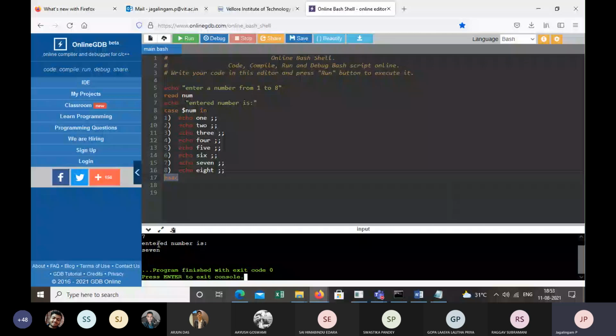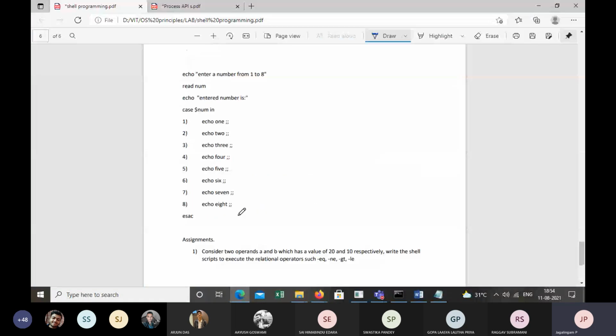Now write the shell script, execute the relational operators such as -eq, eq stands for equal, -ne stands for not equal, -gt stands for greater than, -le stands for less than.